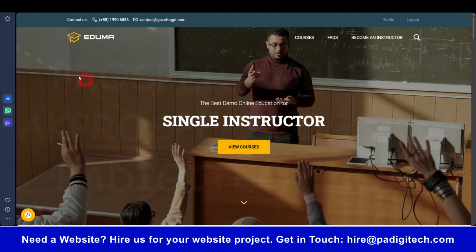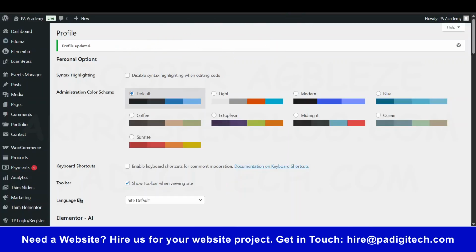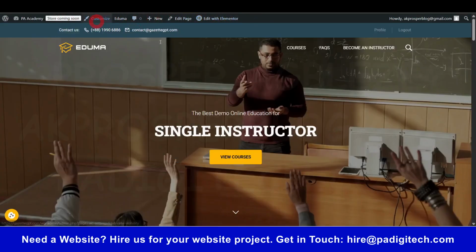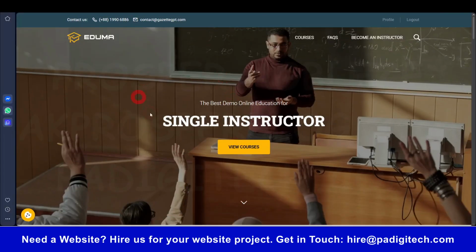All right, so you can see now I've been able to create an account, and you can see this has changed to profile and then log out. Now you'll notice that it's not giving me this top options that I'm seeing when I'm logging from here. You can see all of this. That's because over here I'm logged in as a subscriber, not as an admin. Okay, so if I click on profile now,